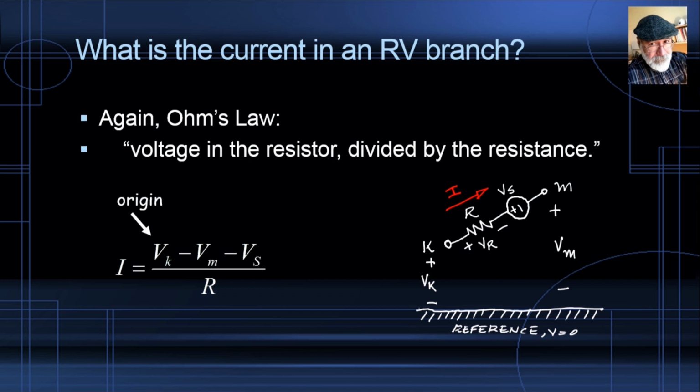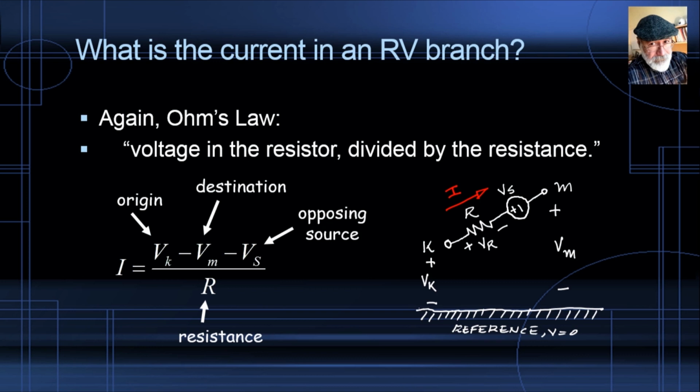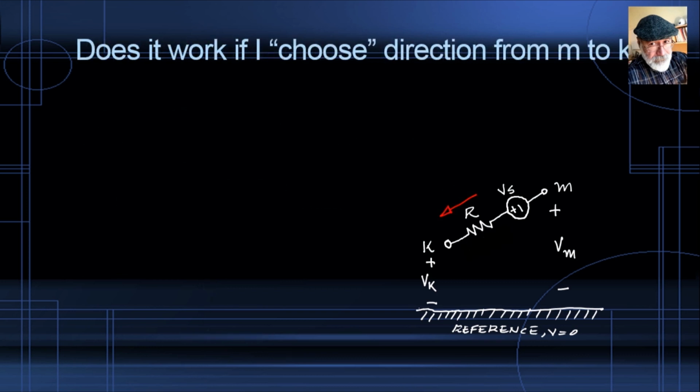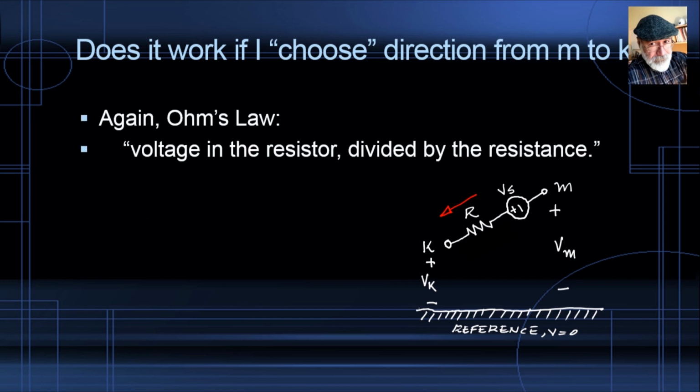Let's try to memorize this formula for the current through an RV branch. It seems to be like that. That current is the voltage of the origin, VK, minus the voltage of the destination, VM, the node on the far side, minus the value of the opposing source. So you see that source opposing the direction of the current that I chose, divided by the resistance in the branch. If I had wanted to compute the current flowing from M to K, the voltage I would have needed by Ohm's law to compute the current, voltage divided by R, is the voltage in the resistor,